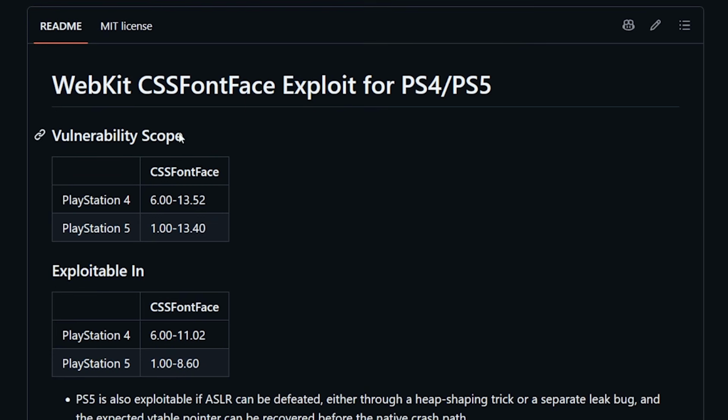WebKit CSS font face exploit for the PlayStation 4 and the PlayStation 5, and the vulnerability scope is going to be on the PlayStation 4 6.00 all the way up to 13.52, and for the PlayStation 5 it says 1.00 all the way up to 13.40. Now the one thing to keep in mind here is that this is just the vulnerability scope. What it's actually exploitable in, CSSFontFace goes from 6.00 to 11.02, and for the PlayStation 5 1.00 all the way